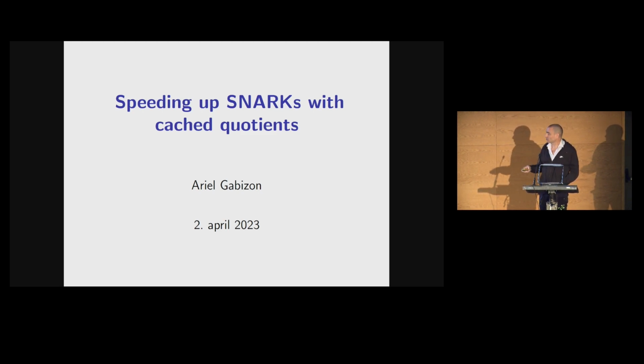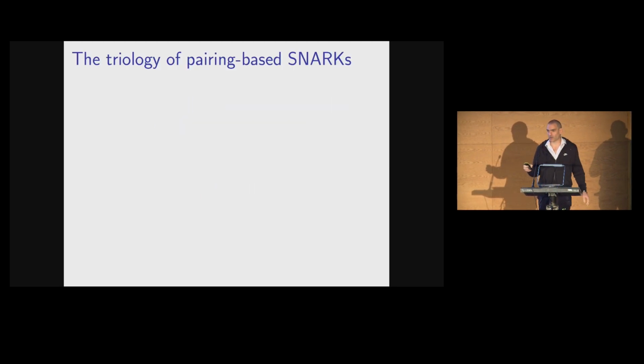So like the title says, the focus of the talk is a technique called cached quotients. But I want to start by casting that work in a zoomed-out description of what's been going on with pairing-based SNARKs in the last decade or so. We can think of it as the pairing-based SNARKs trilogy,